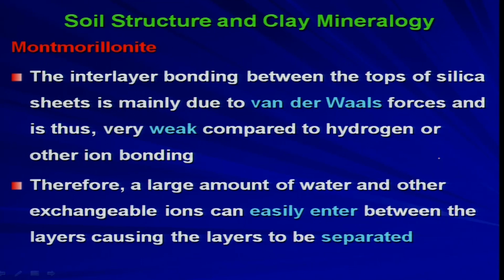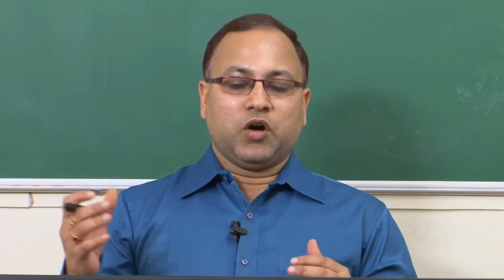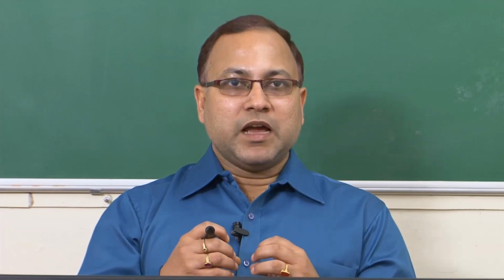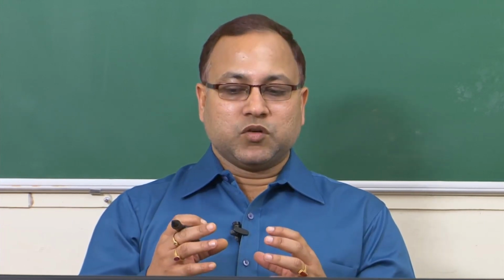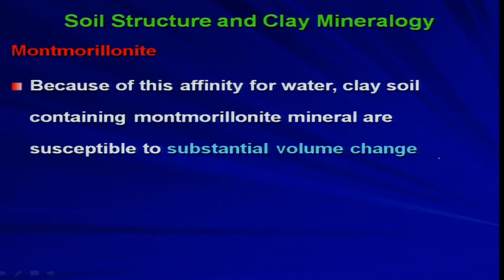Because of the weakness of the van der Waals bonding at the interlayer, it will allow water to come inside, or any exchangeable ion, and it will try to push the structure and swell the structure, so that ultimately it may get separated. Because of this affinity for water,